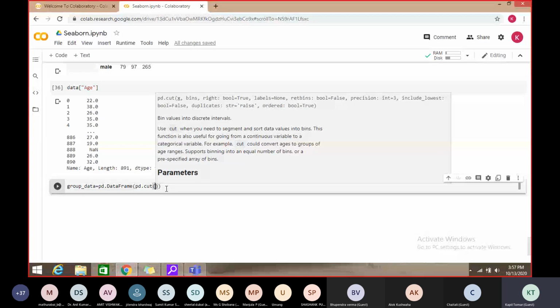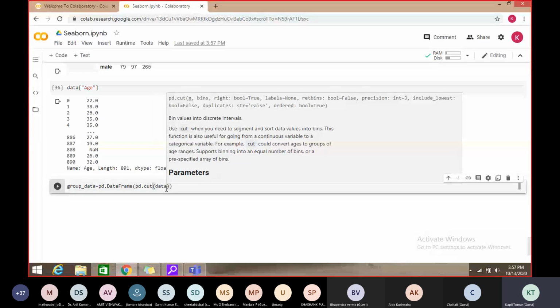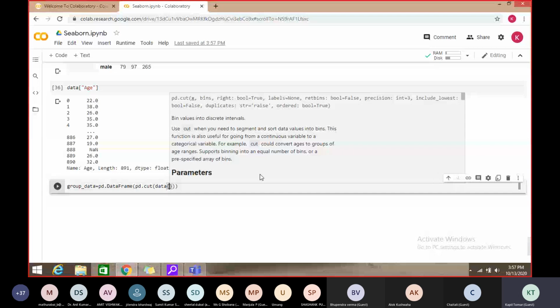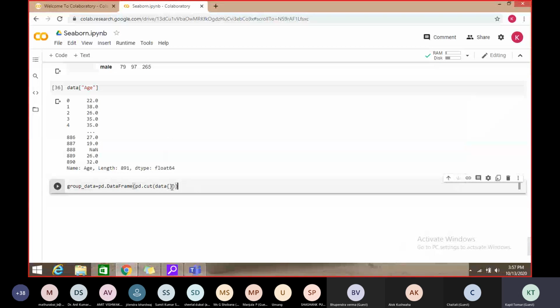So which data we want to cut? Data age. Again, this data will be cut, pd.DataFrame.